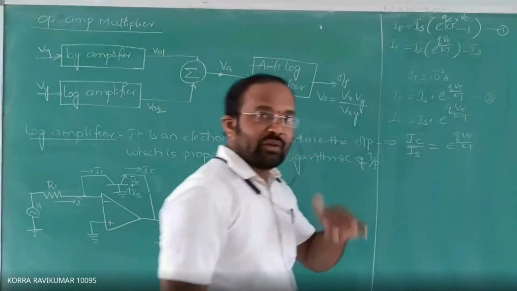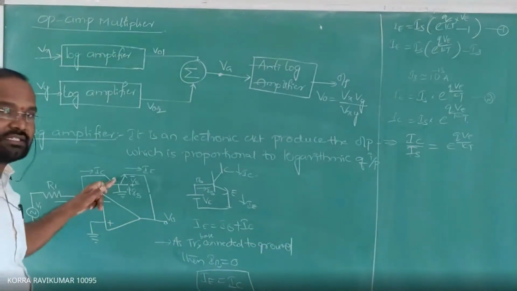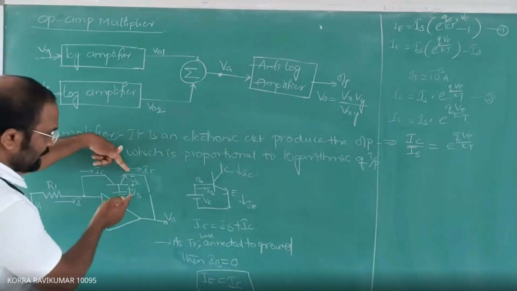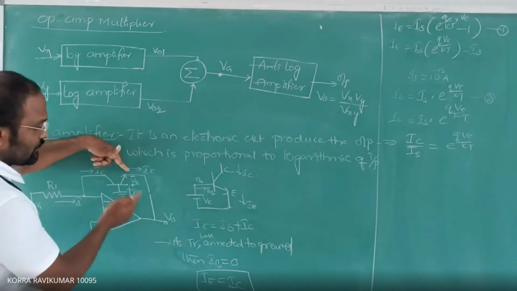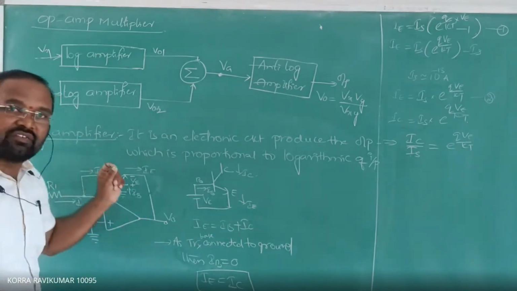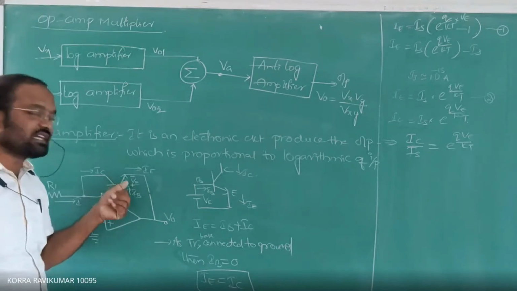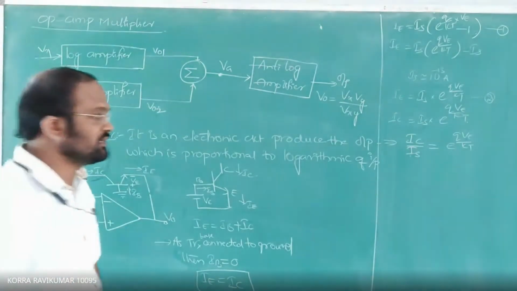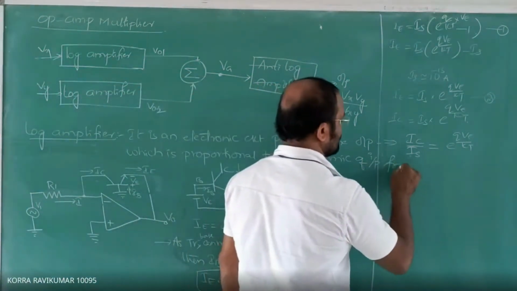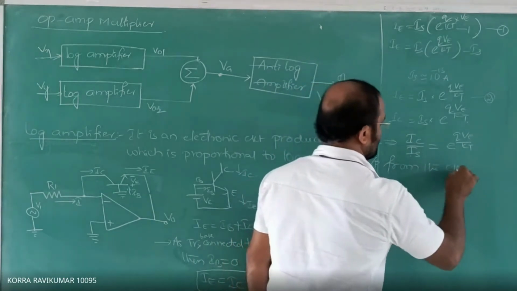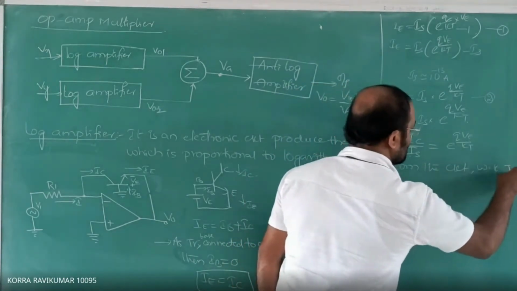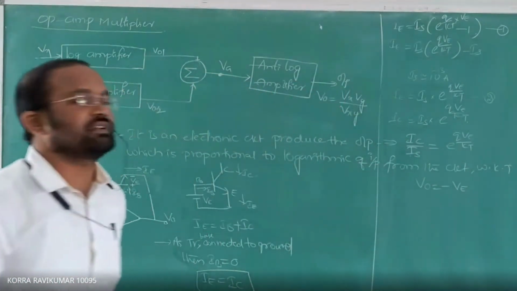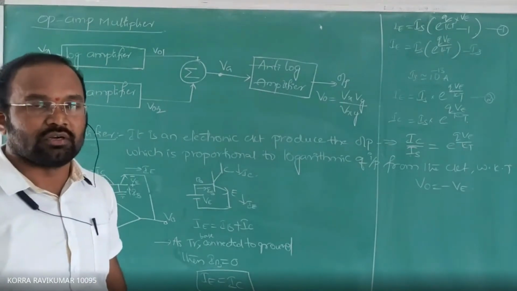Now, from the circuit, we know that V0 is equal to VE because we are taking the output between the emitter and base terminal. But the difference here is in the sign convention representation. Therefore, V0 is equal to minus VE. From the circuit, we know that V0 is equal to minus VE, so VE is equal to minus V0.